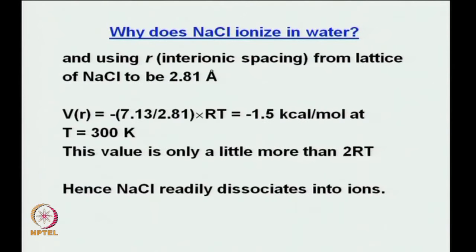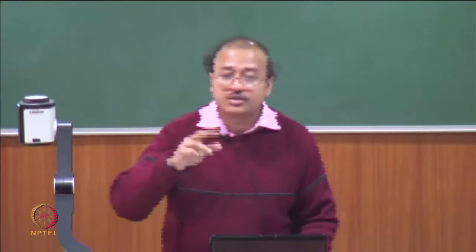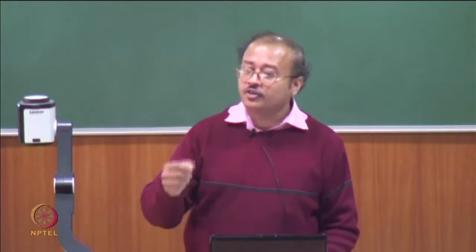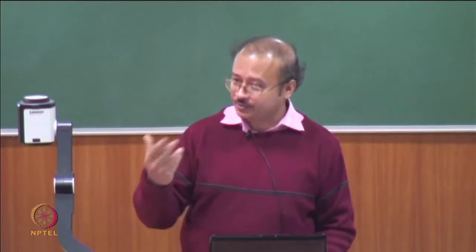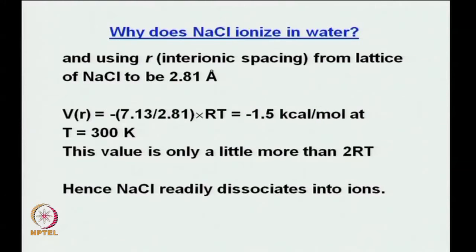Let us go to the next slide. Here R, remember, it is the distance between the two charges. So, we take this R from say a crystal lattice of sodium chloride. We know, people know how the sodium chloride crystal cell is arranged, and you can easily read off parameters, right. Cell parameters from X-ray crystal structures have been solved. So, here people have said that you can assume the ionic spacing to be 2.81 angstroms, right. Now, given this